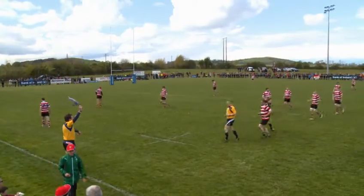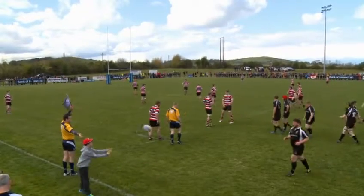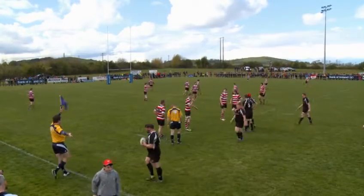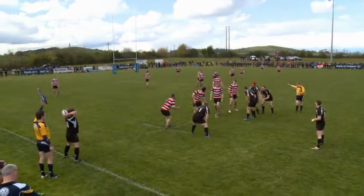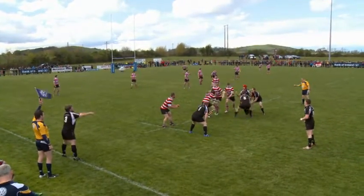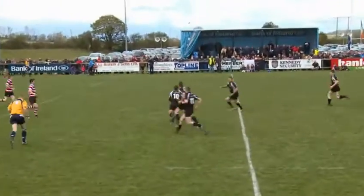Yeah, he's striking the ball well, McInerney. In fact, he struck the ball better in this half than Enniscorthy did when they were trying to clear the lines. Two fine kicks now up the field has given Kilkenny the first time they've been in the Enniscorthy half now for quite some time. Well taken by Wesley Carter there. Kilkenny are